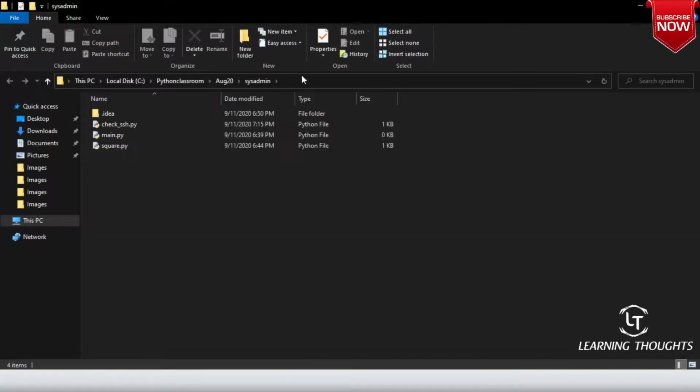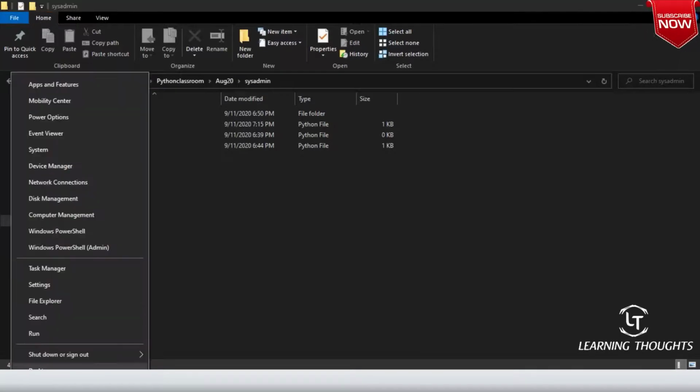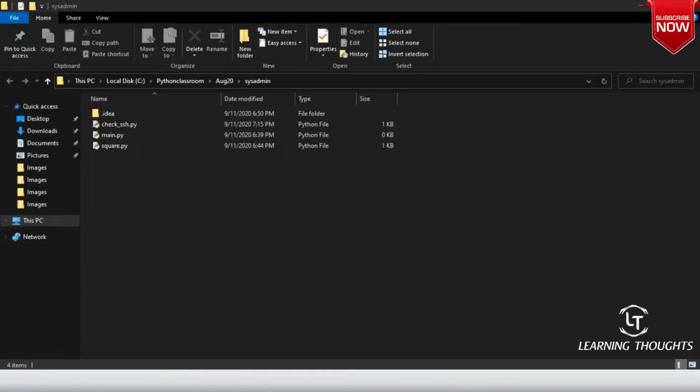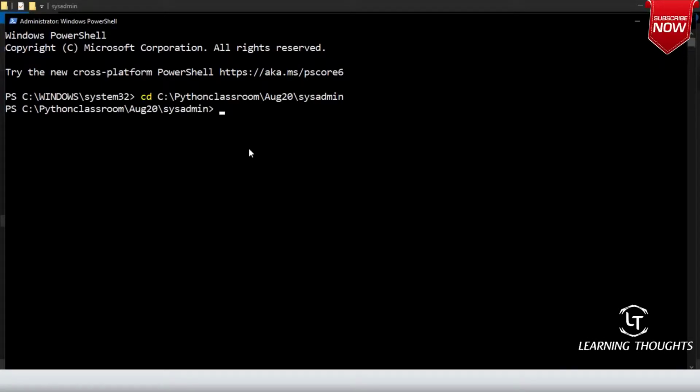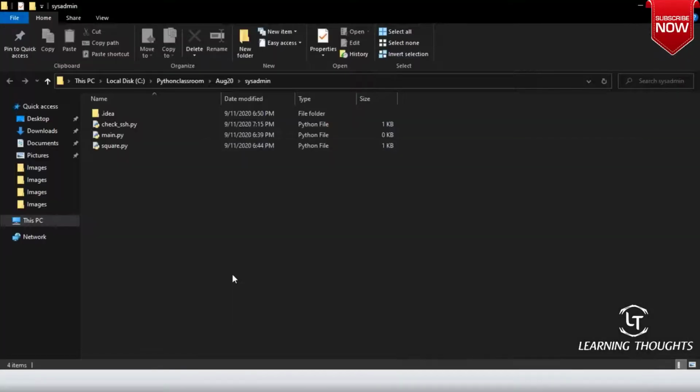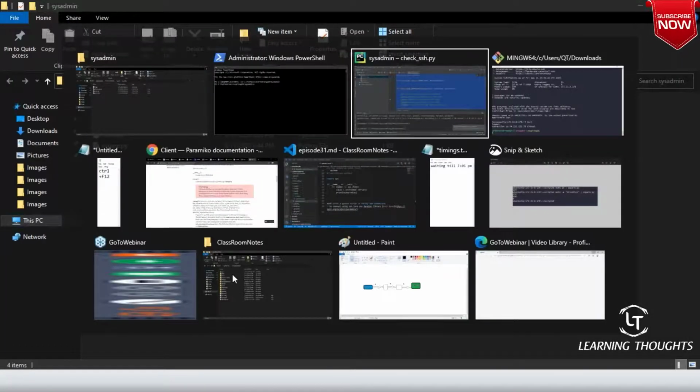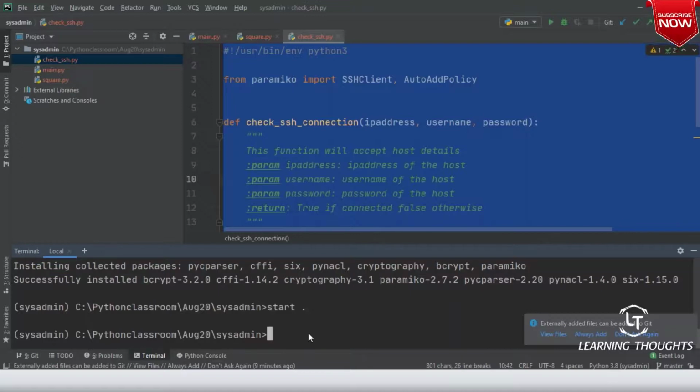Yeah, so let me take this path. And let me open PowerShell. Let me get into this directory and then I can execute it. But it is better that we execute this from the terminal, because the virtual environment is also loaded. Now, let me execute Python check underscore ssh.py.